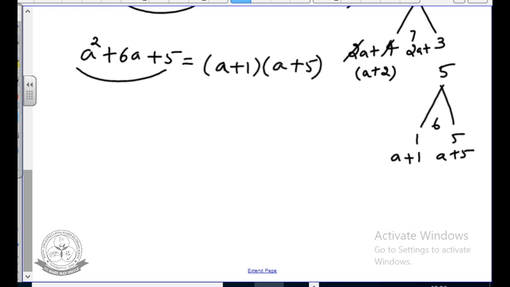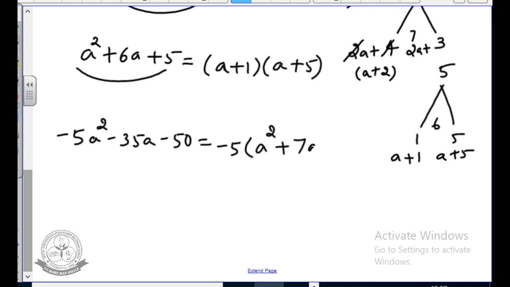The next denominator for the second expression, minus 5a square minus 35a minus 50 is equal to, here you can see minus 5 is common, isn't it? So here you take out that minus 5 here itself. So if we take out the minus 5, we will get a square plus 7a plus 10